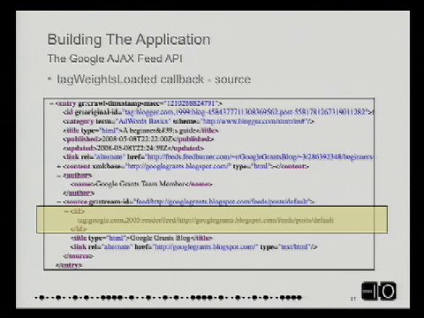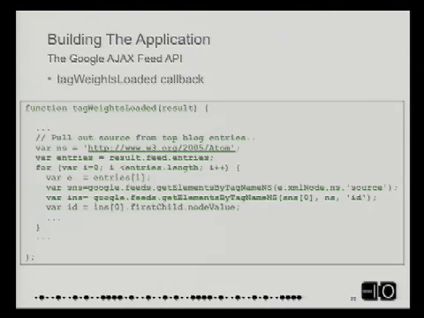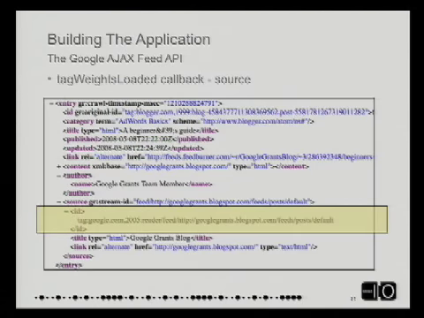This code in terms of the source and ID, the get elements by tag name, all that fun stuff, is essentially what I'm trying to get. So this is an entry in the feed that's coming back to me. I have a source that has a GR stream ID, all this other stuff, and it has an ID in there. And that ID I can utilize because this entry came from googlegrants.blogspot.com. I understand what that blog means by that identifier, and then I can trace it back to, okay, this is the Google-wide tag or something like that.